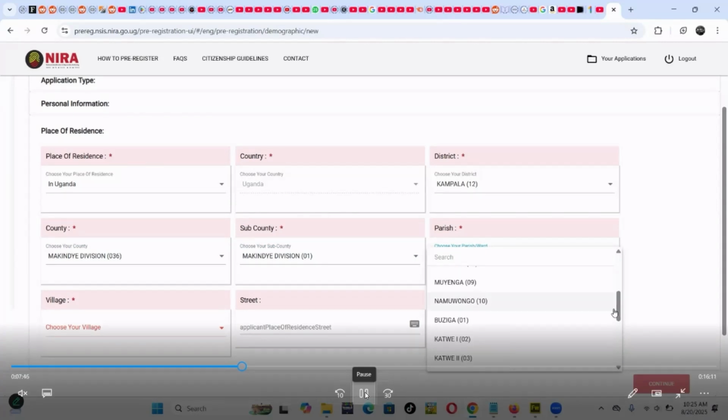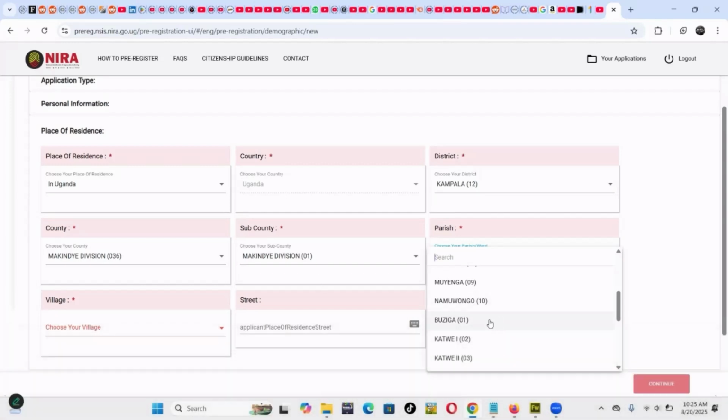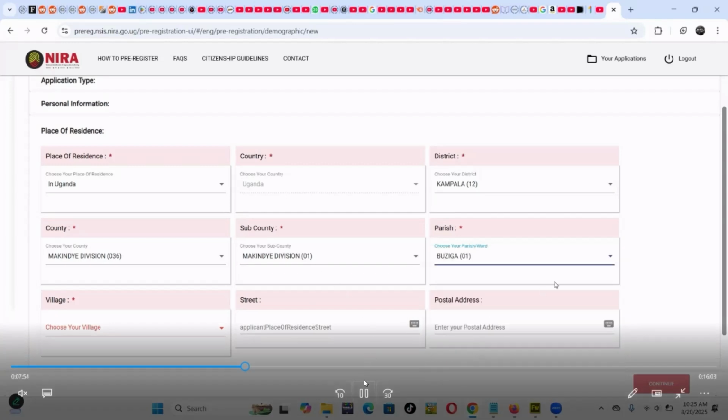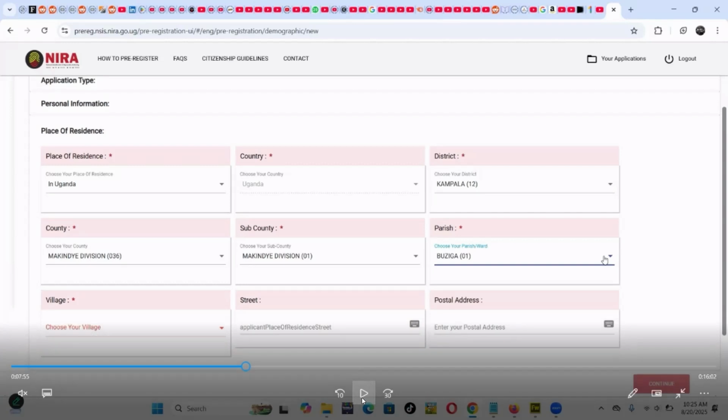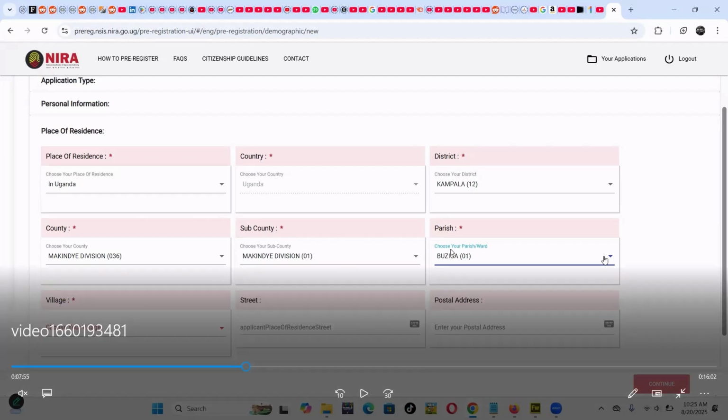Now, for me, since I'm near where I used, that is around Gava, I use the same details. So try to use the details of a place where you will be able to go and pick your ID when it's ready, or whichever place will be closer for you to go. If you're not sure about the counties and sub-counties, I usually Google them,